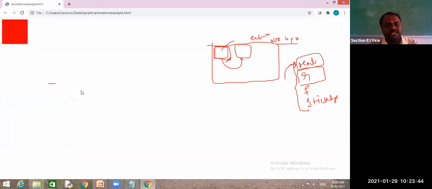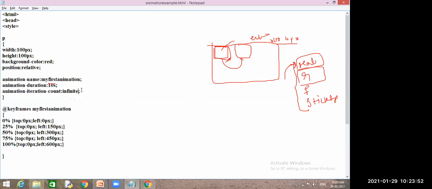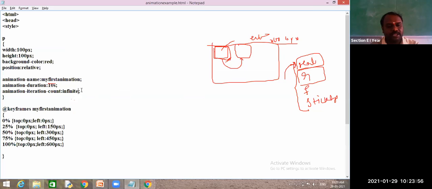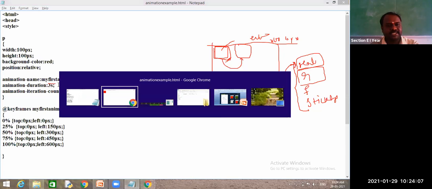Right now this is slow in motion, so I want to increase its speed. Then what do I do? Increase duration? If I increase duration, it will become slow. Yes or no? If I reduce this duration, speed will increase. I will change it to 3 seconds.